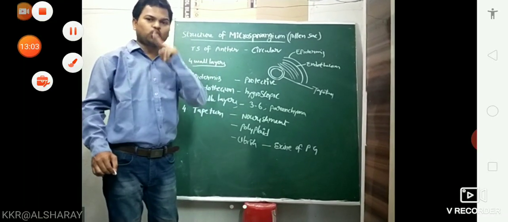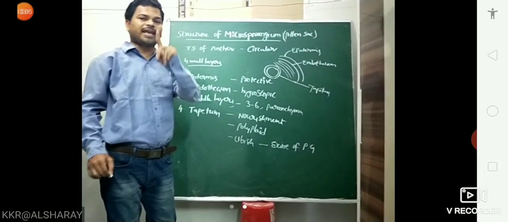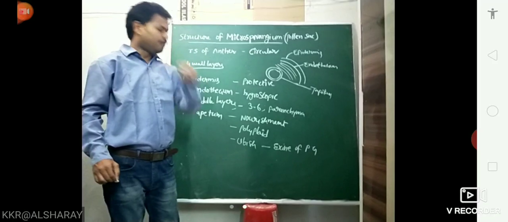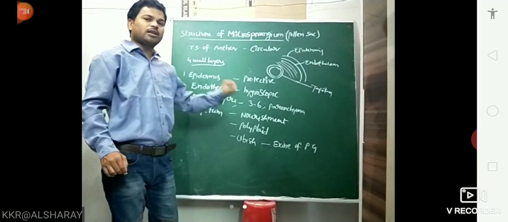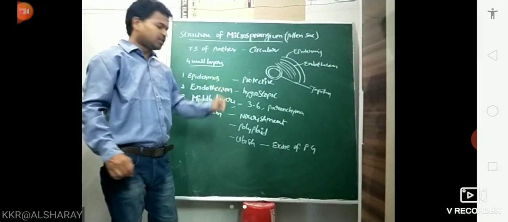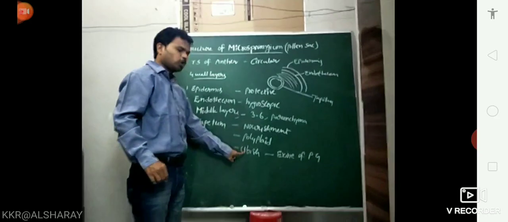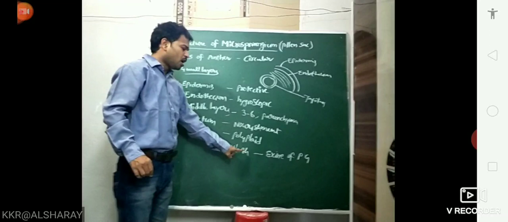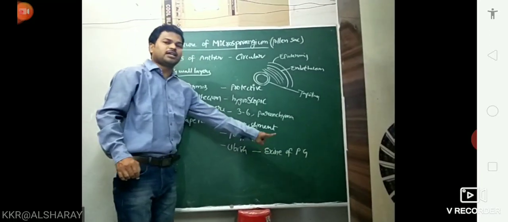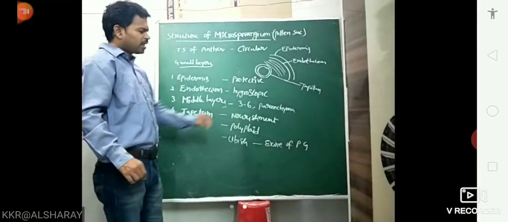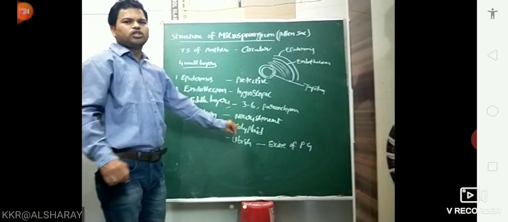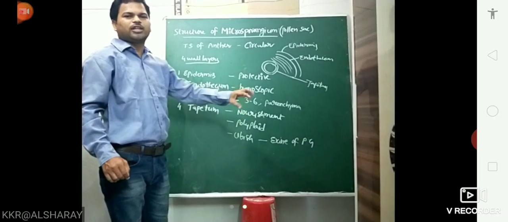Pollen grain has two wall layers: outer layer exine, inner layer intine. In the exine, the ornamentation is helped by the Ubisch bodies. Tapetum cells secrete the Ubisch bodies, which help in ornamentation of the exine of the pollen grain. When pollen grain structure comes, you will know these Ubisch bodies. What is exine? Everything will come.